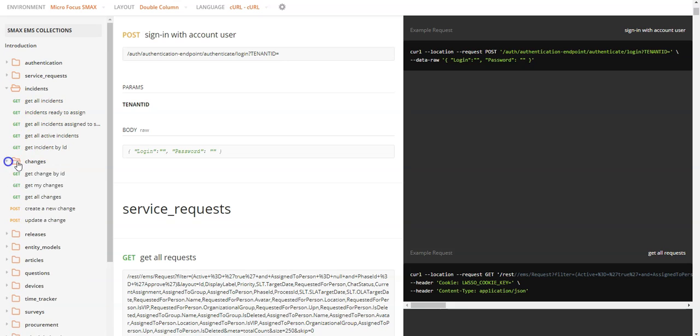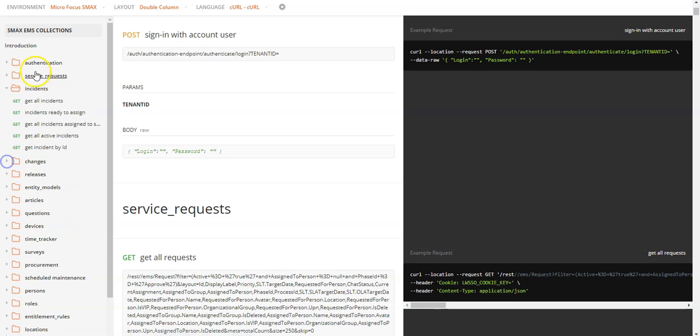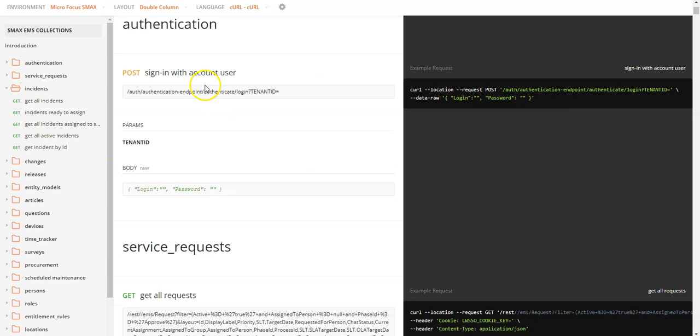I have also inserted two requests for creating new entities and updating an entity, which is also quite straightforward, but the major focus is to really get the data from some of the basic entities in SMAX. So once you have this link and this collection,